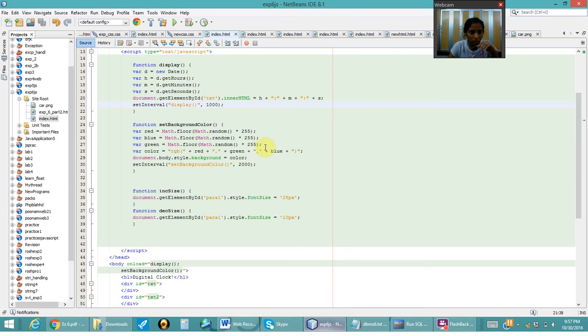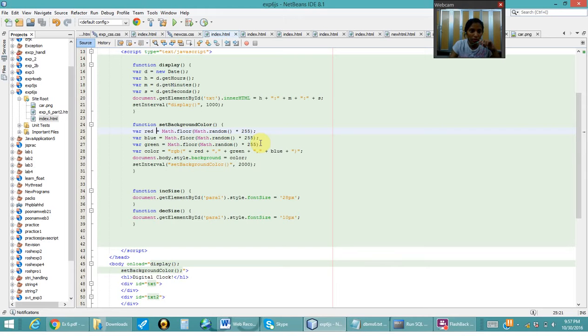The next one, I'm going to change the background color. So for this, I have my red, blue, and green values. So I'm going to use a random generator, and within the range of 0 to 255, I'm going to have a value for each of red, blue, and green, and I'm going to store it in those variables. So the gradients from 0 to 255, each color is going to pull out a different random color, and it's going to be stored in these 3 variables, and these 3 are going to be added and put into color,